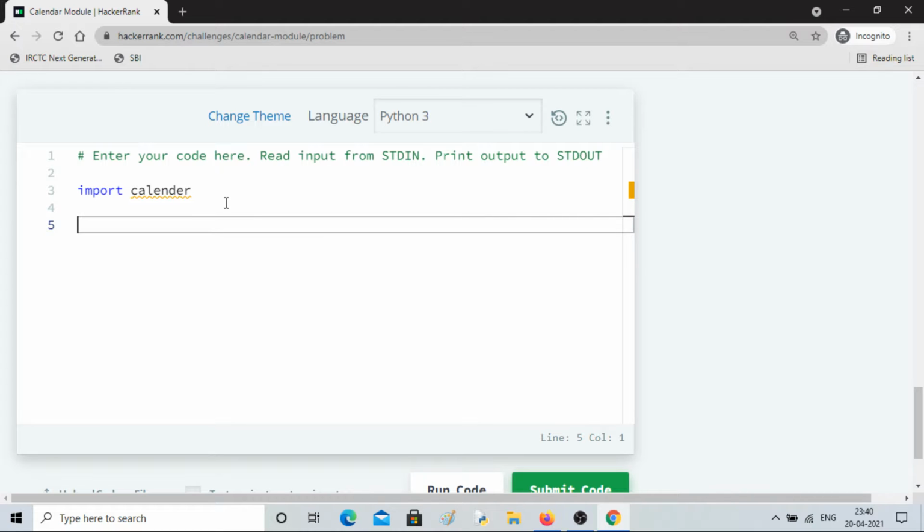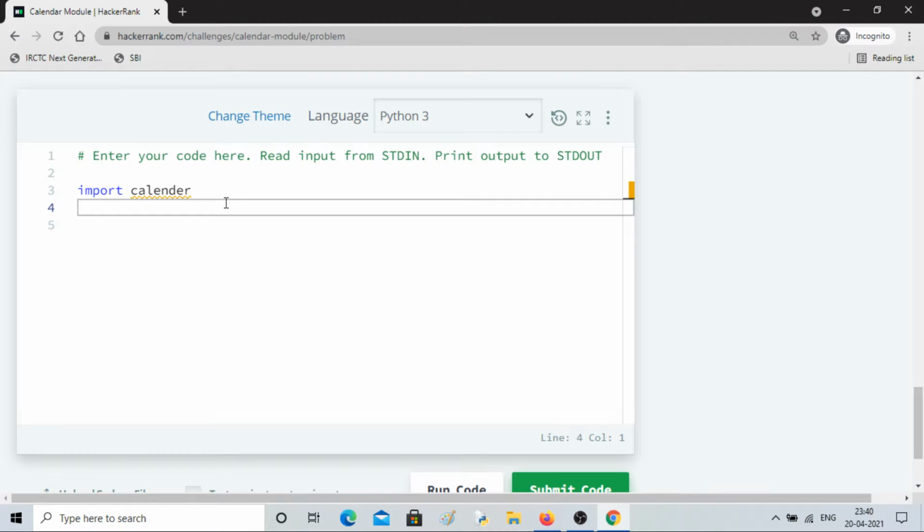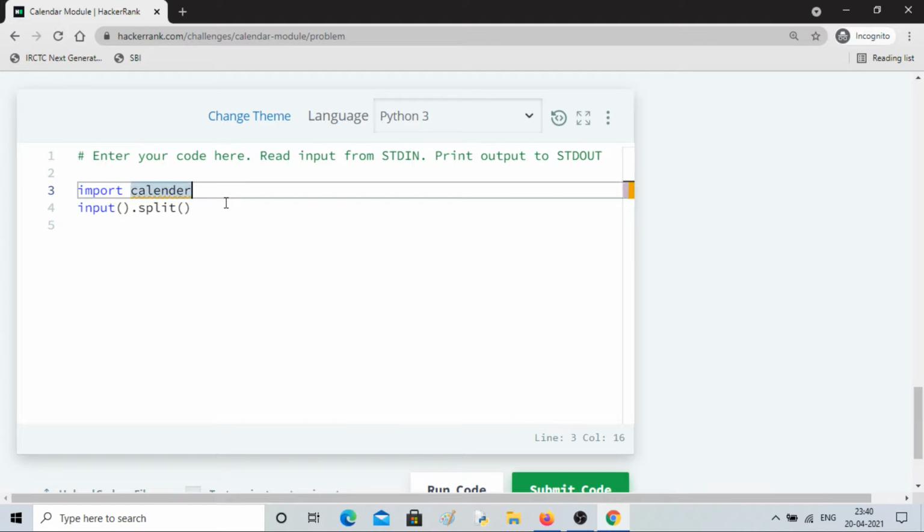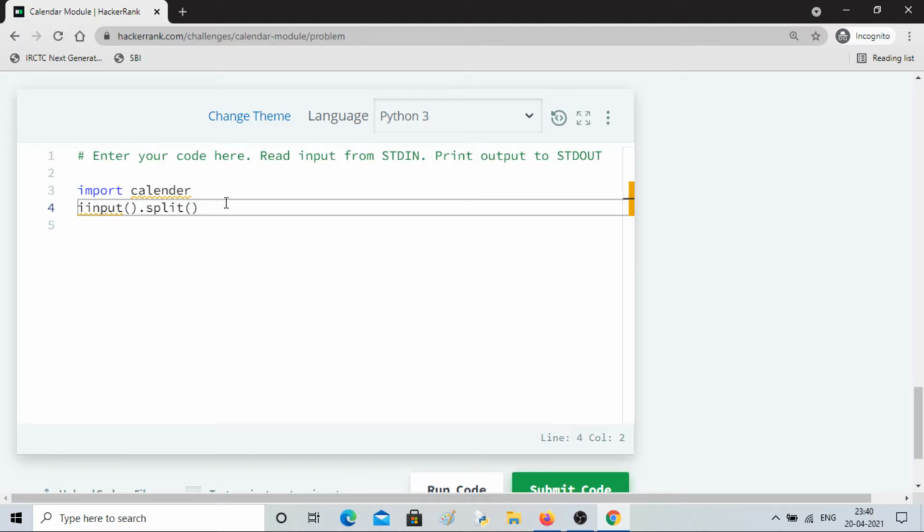The benefit of using that is, you will directly give the input as year, month and date, and it will give you the day directly. So I'll show you. First I'll take the input and split it, and I am calling it, let's say, input date.